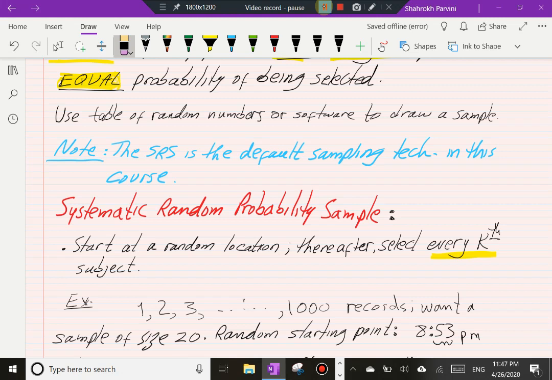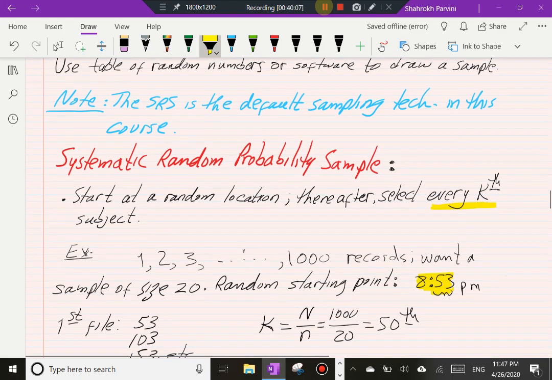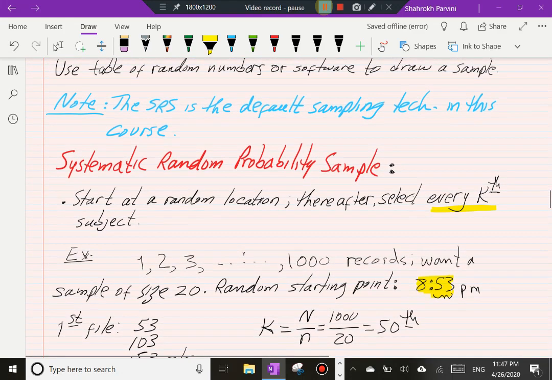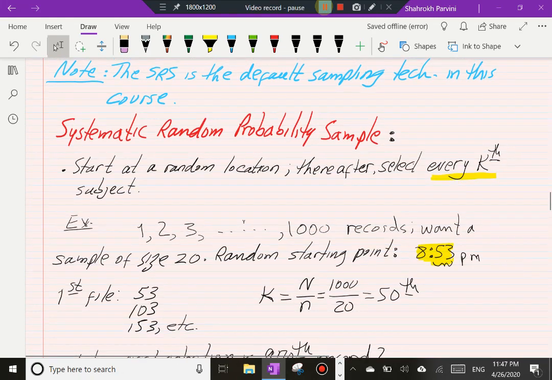So I need a starting point. Now, my random starting point could be any random number that I like. Or in this case, I made up an example. Let's say I look at the clock and it's 8:53 p.m. So I'm going to choose 53 as my starting point on the first record on the shelf. So the first file I'm going to look at is number 53, and then in order to have a sample of size 20,